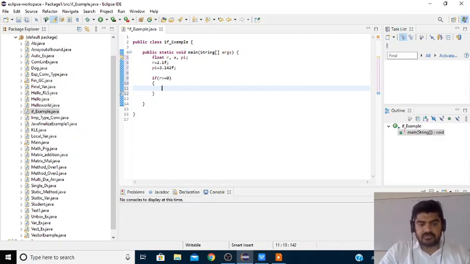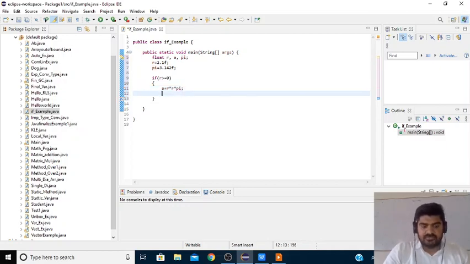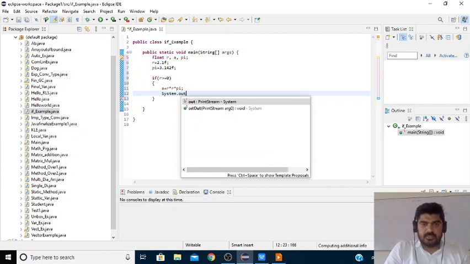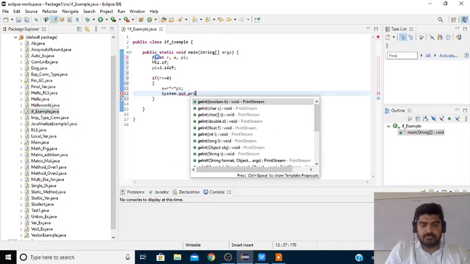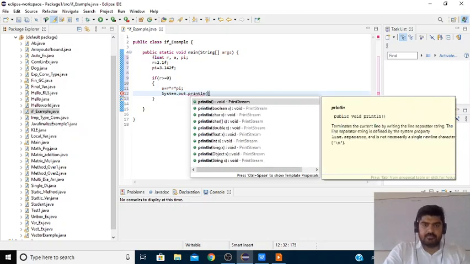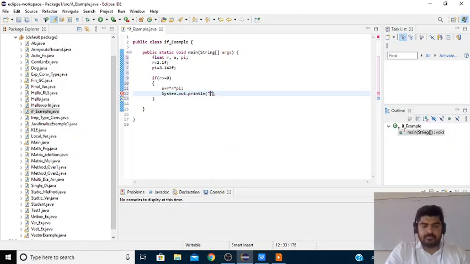So we need to calculate the area. A equal to r into r into pi. Next we need to display the value. System.out.println, "area is" plus A.